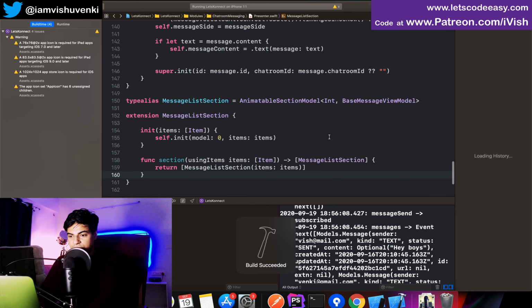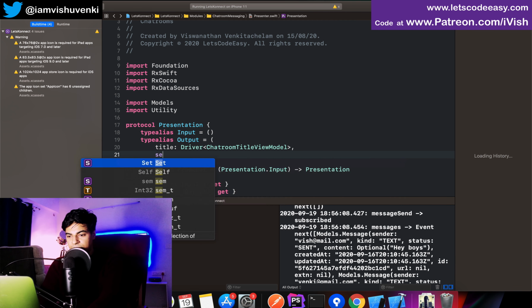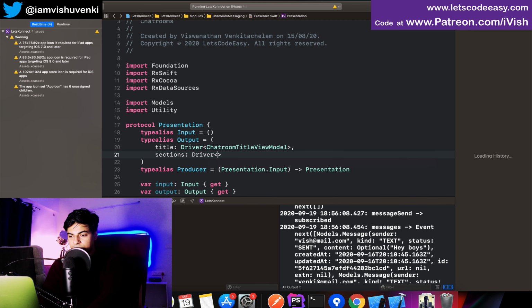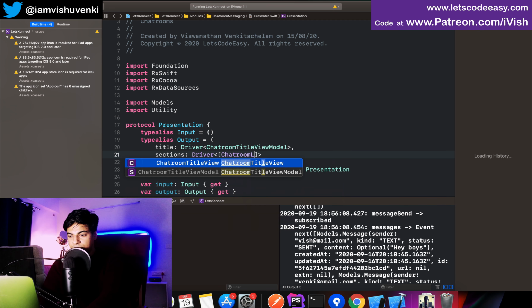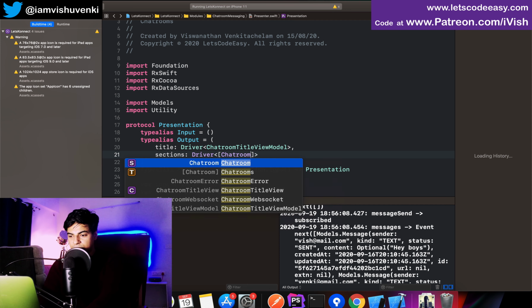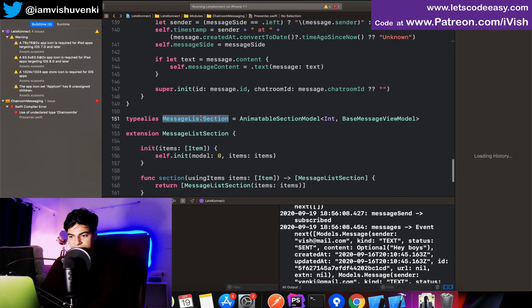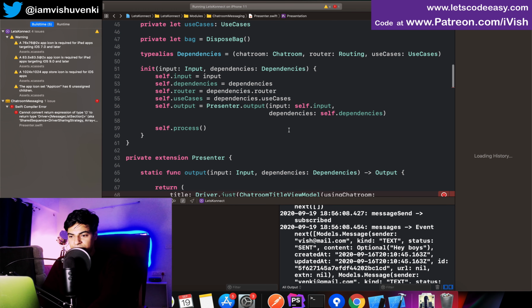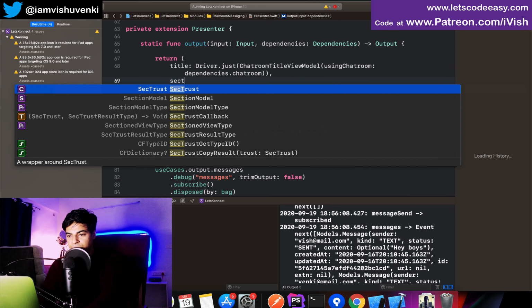We have the sections also ready, and now we were trying to create sections over here, which needs to be passed to the view controller. It's going to ask for a chat room list section, sections, chat room section. What is it that we created? Message list section, I guess. Yeah, message list section is my sections which I need to pass, which is easier right now because I already have included all the functions needed there. Now this is going to be the sections,